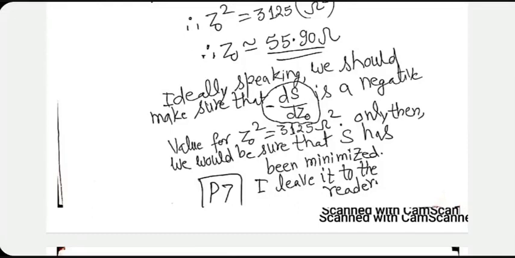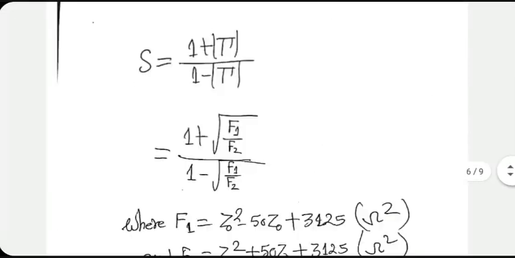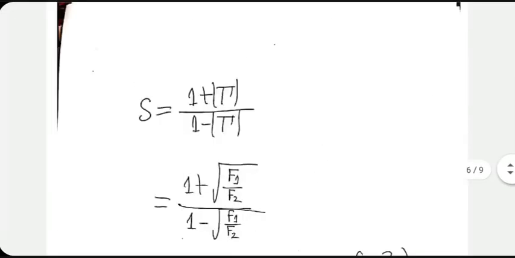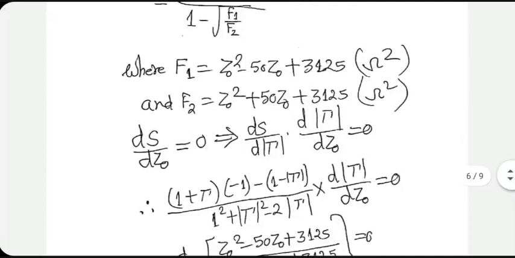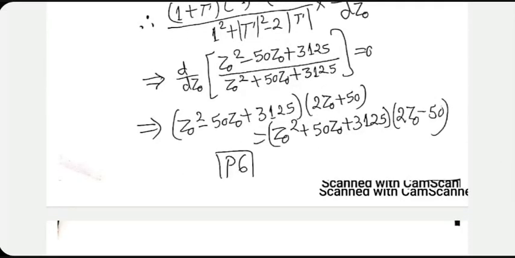Put this value of Z0 that you have figured out back into the formula for tau, and from there figure out the minimum S. That will convince you that we indeed have a minimum S. It should be a small value. It cannot be less than 1 for sure, but it should be close enough to 1. So that will convince you that the answer we have got is actually producing minimum S, rather than going too rigorously mathematically.